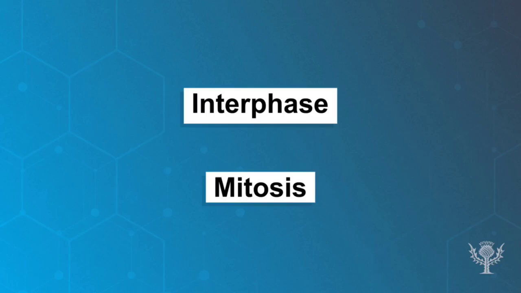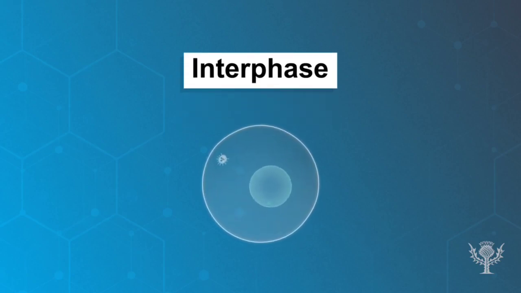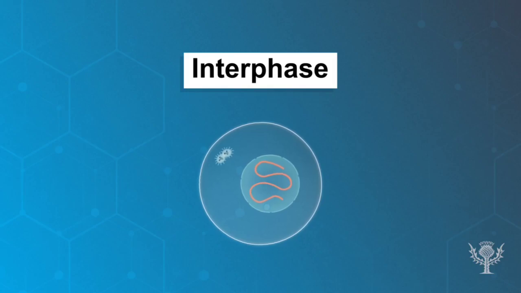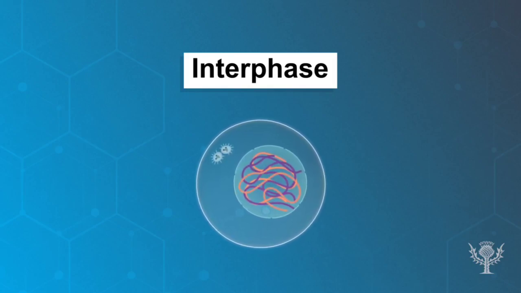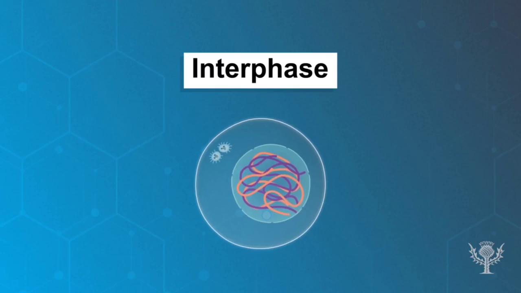Interphase is the longest phase of the cell cycle, accounting for about 90% of the total cycle. During interphase, a cell recovers from previous division and carries out its normal functions. It grows in size by forming more organelles and replicating its DNA, resulting in the duplication of the cell's chromosomal